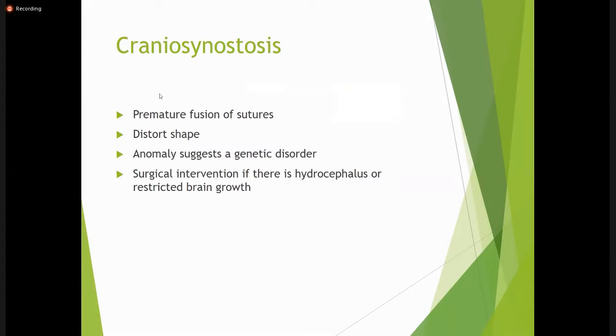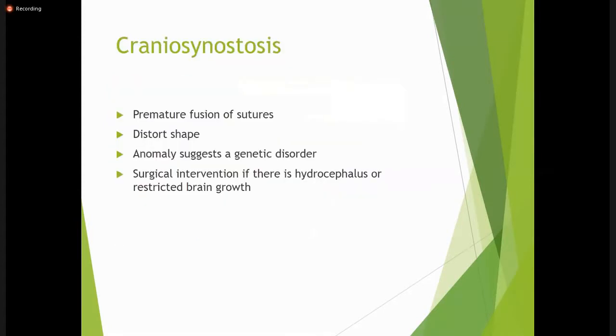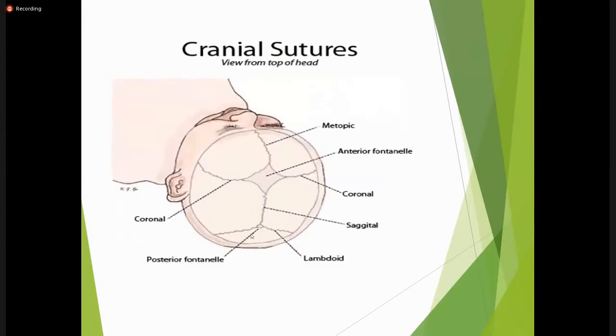Now, normally you can see these are the suture lines, and there is a slight gap at the suture line. When you feel the head of the newborn, these suture lines are felt as a gap between the 2 bones, so that they help the skull bones to grow. But what happens in case of craniosynostosis? There is a premature fusion of these sutures, and this restricts the brain growth. And the restricted brain growth sometimes results in